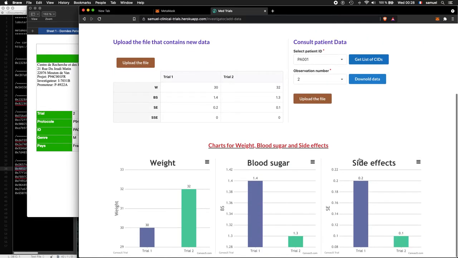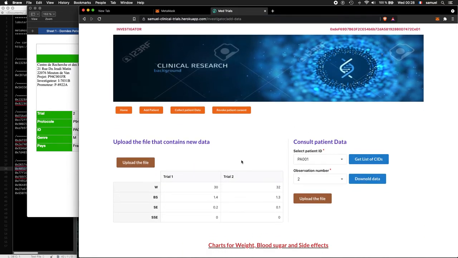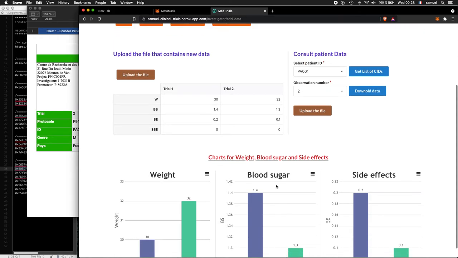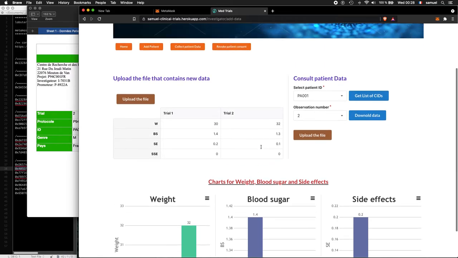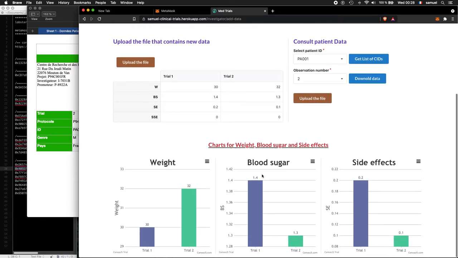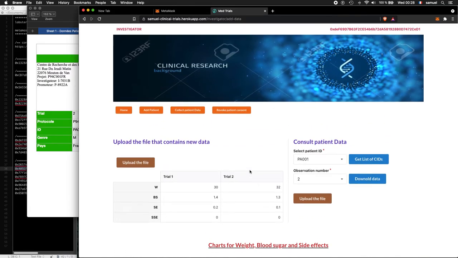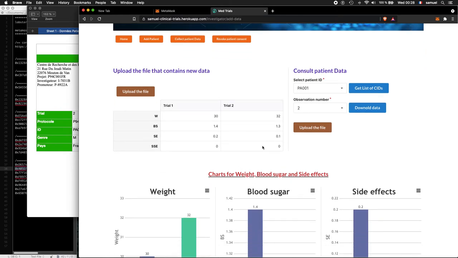So, now we see that everything is working just fine, we can, for the next trial, introduce some serious side effects into the system.